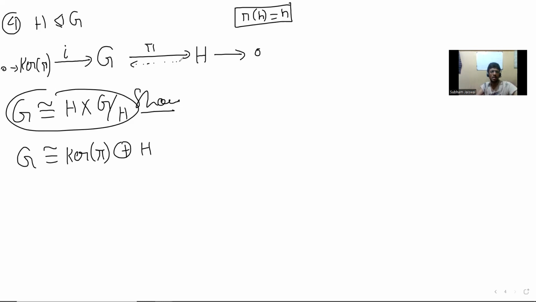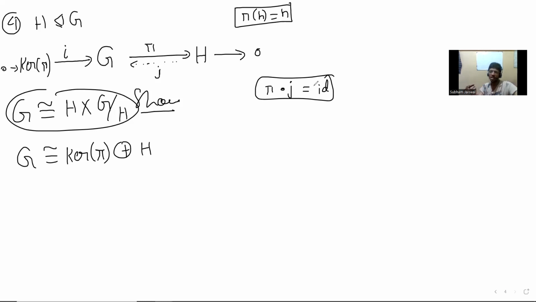And this is obviously also sitting inside G. And now you see there's a very beautiful thing happening. There is, maybe let me call this J, a J which is going into G, and this composed with pi is the identity. So it's taking a section of G. You're taking H and putting it inside G, but then you're also able to project it back. That is what becoming a direct summand really means.